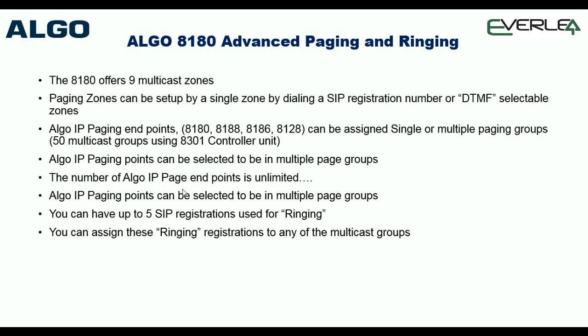The paging zones can be set up in a single zone by dialing a SIP registration number or as DTMF selectable. Now what that means is, let's just pick on the DTMF selectable. Let's say we've got one master unit, and then we are going to dial into it and then dial the extension number and then *1. And that'll page group 1, *2, group 2, 3, etc. Okay, so that's just using one SIP registration and some post digits to access the multicasting, and we can set up all the different